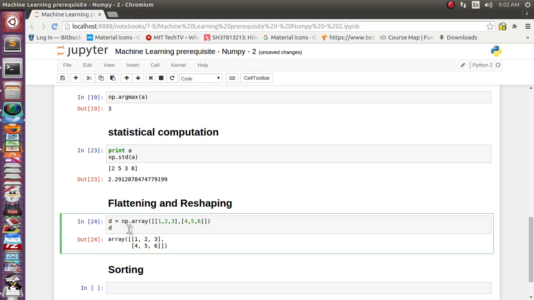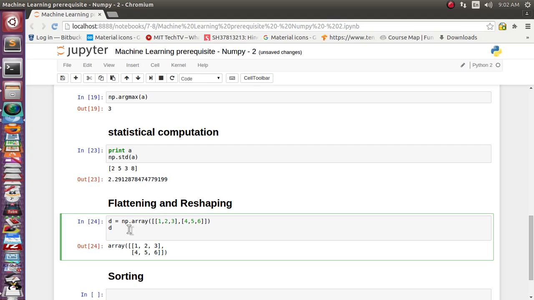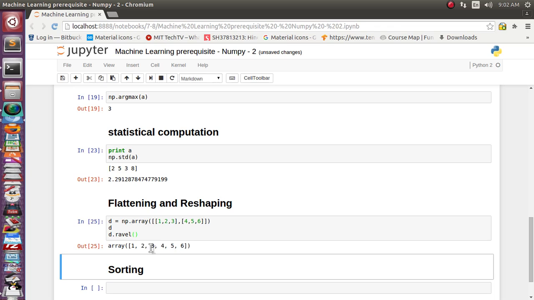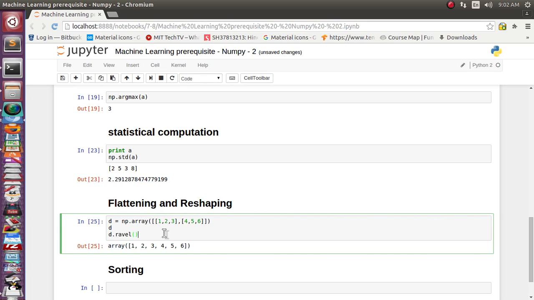Now suppose we want to flatten this array, so there is one method, ravel. Ravel will flatten the full array. So it has flattened the array and put it into a one-dimensional array from the two-dimensional array for us.